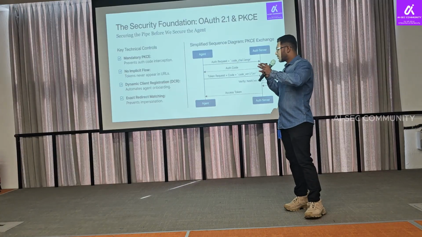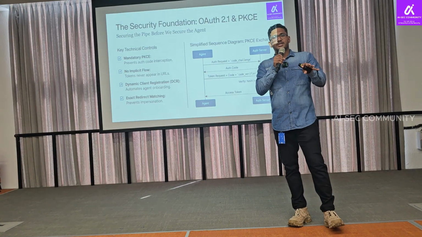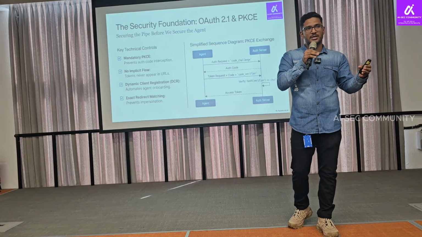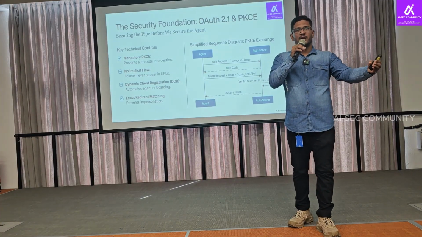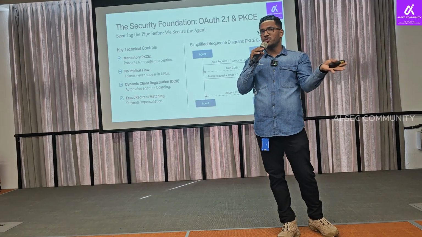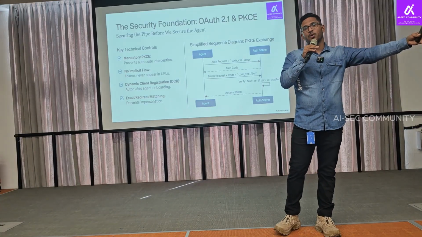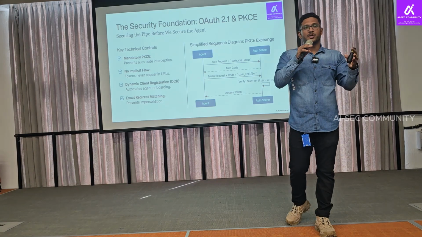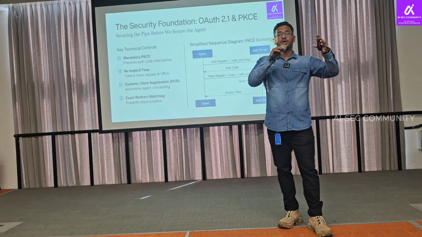There's a bit to talk about dynamic client registration. The reason is that agents can be spawned at any time, right? You assign an agent a certain task. It might choose to delegate that task to a sub-agent as well. It might want to create a child agent. That child agent might in turn create 2 grandchildren, right? So that chain keeps following, and it's humanly impossible to do it the traditional way, where you go to a